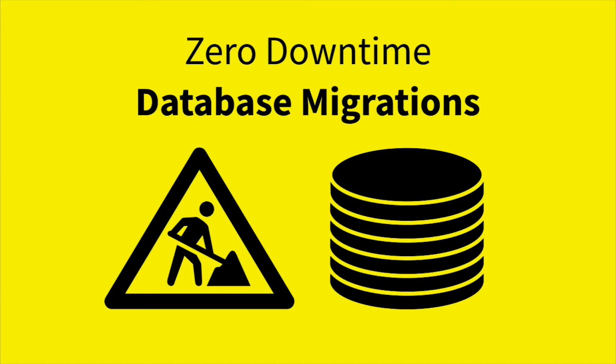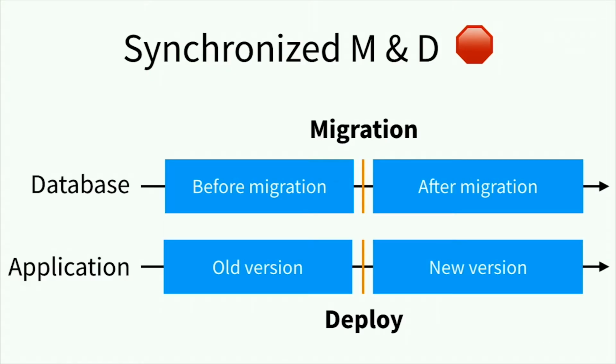So I'm going to the main topic of database migrations. When you are working on some feature or change, you usually need to modify the underlying database schema. The first approach that comes to mind is to synchronize migrations and deployments, which would work in an ideal world. But because we are not in an ideal world, we have to do something different, because this is not possible. The migration and deployment have different life cycles. They take different amounts of time, and it's not possible to synchronize them without any downtime,